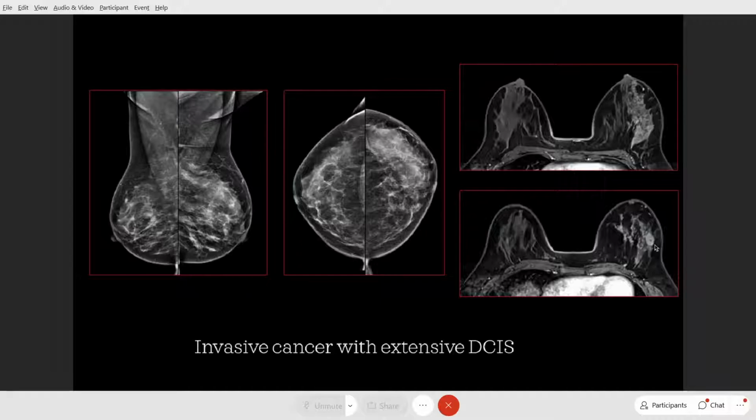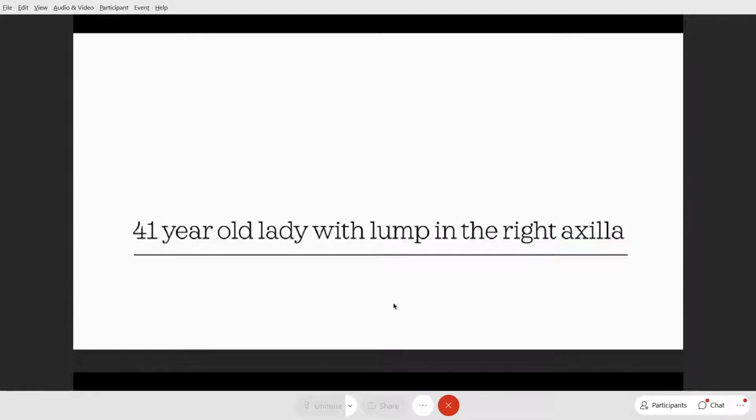So you need to identify these abnormal non-mass lesions. This case had presented with a small lump, and so we were able to. She can also present with non-calcified DCIS alone without an invasive component. So we need to be aware of this terminology and the findings of non-mass lesions.